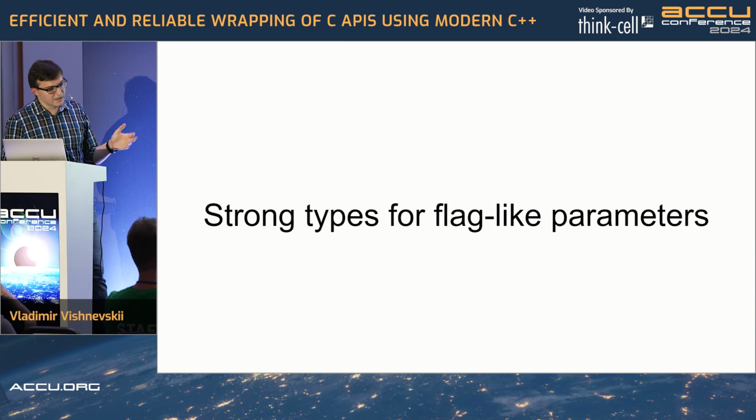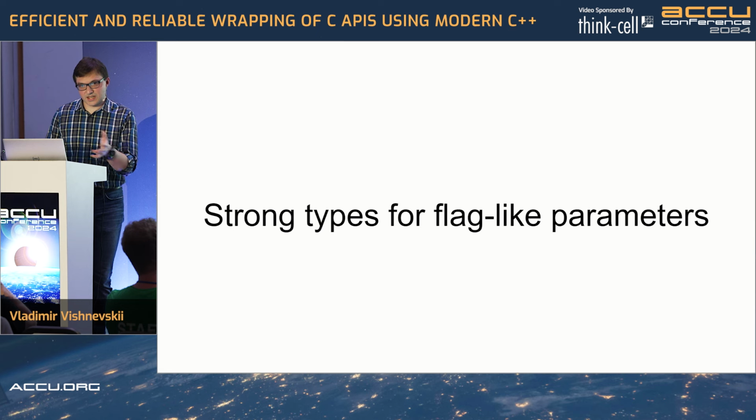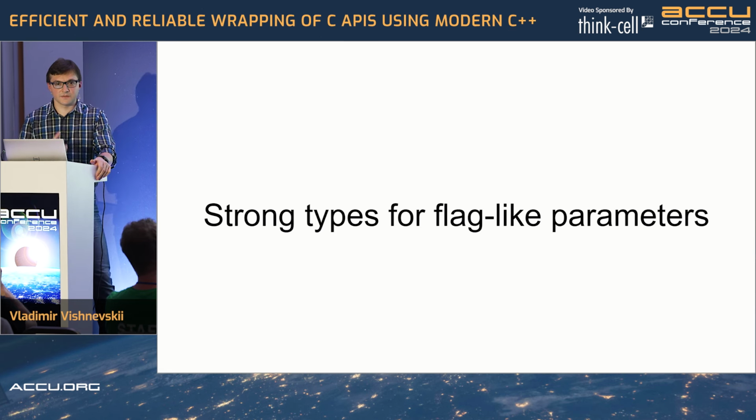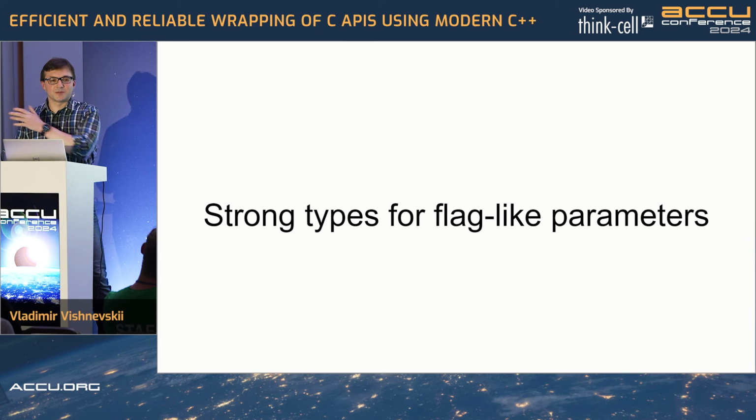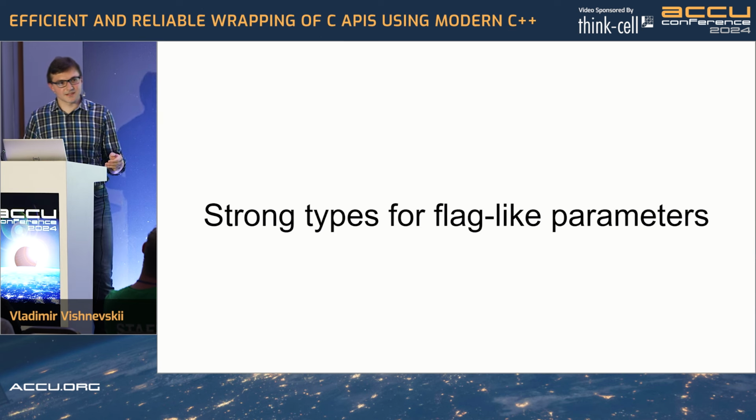We also have, in many C APIs, something like flags. So the flags are where we configure some properties, and they are typically encoded as integers. There are a lot of APIs where there are multiple parameters encoded as integers, because we have booleans encoded as integers, flags as integers, and also some integer values that are supposed to be integers. So